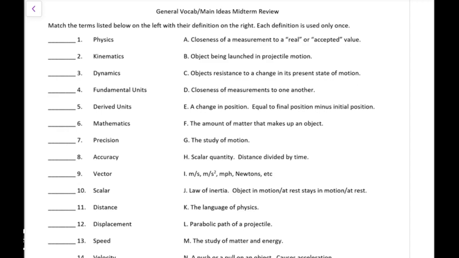But a couple ones I'm going to point out are the difference between these two right here, fundamental units and derived units. So fundamental units, that one was Q, and derived units, that one was I. So let's look at those definitions and make sure we understand the difference between those. So fundamental units